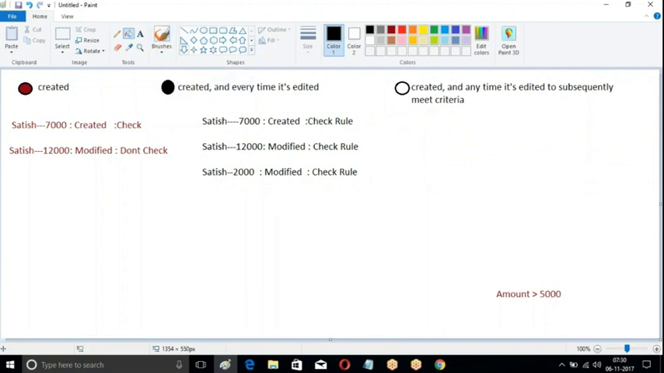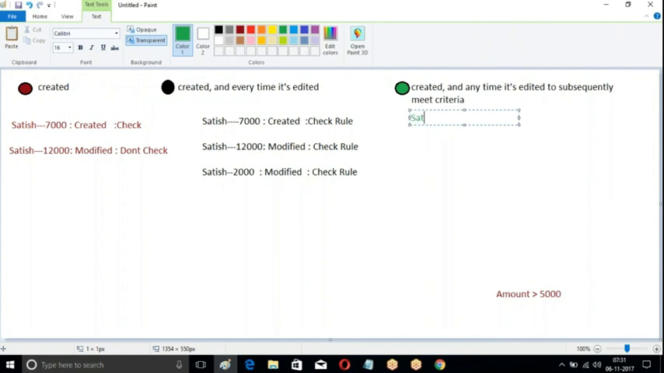Third one. What is the third one? Created anytime it is edited to subsequently meet the criteria. So what does it mean? When a new record is created, check the rule. When an existing record is modified, which record is modified? Satish